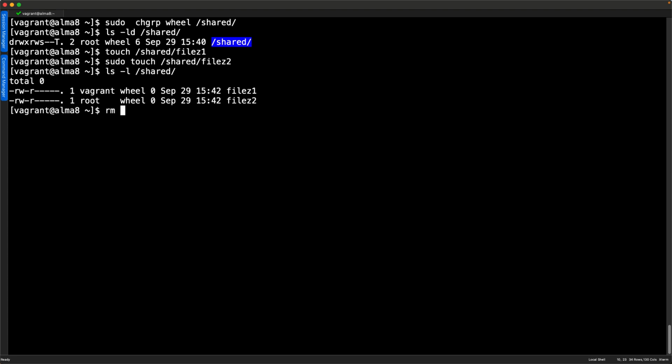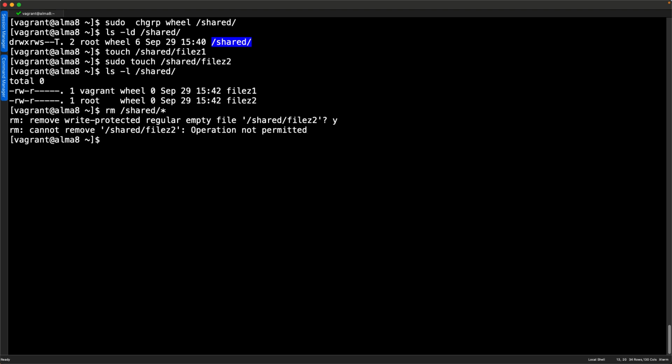If I do an rm, escape and dot, and just add in the asterisk, we're getting a warning to say, well, look, that's a write protected file. But if I say, yes, I'd love to delete it, it says, you can't. It's the sticky bit that is preventing me from deleting files that I don't own. But of course, there was no problem deleting the file that I owned.